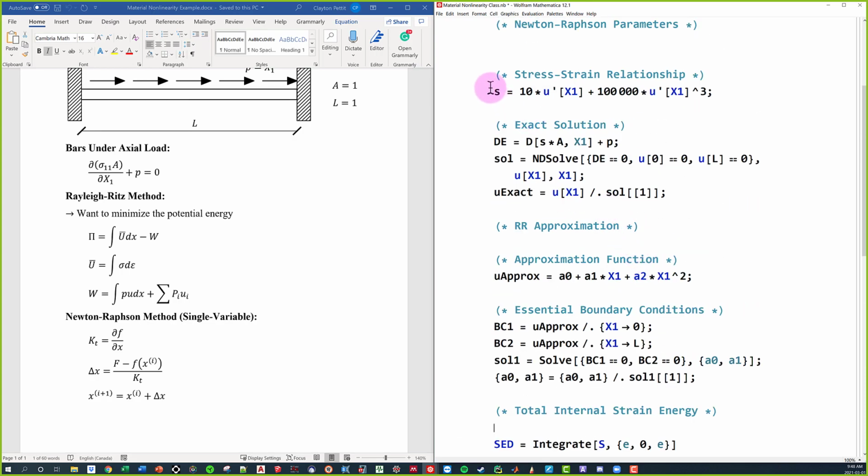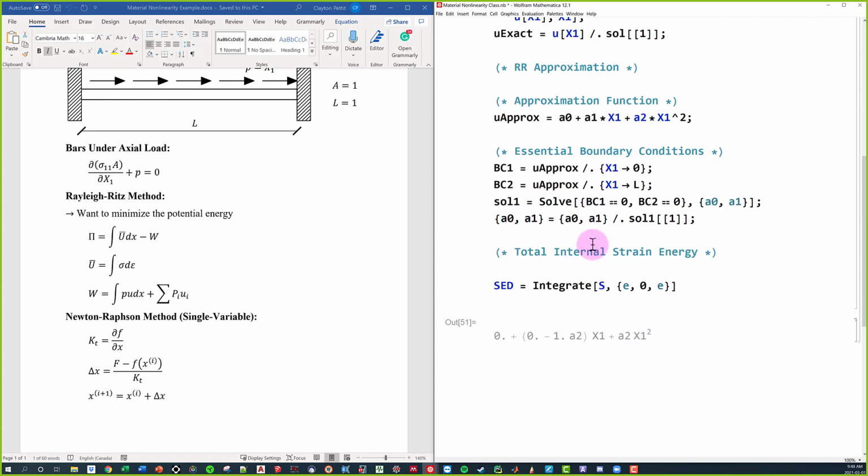Now, if we go back to our previous stress formula, we had it in terms of displacement. We didn't have it in terms of strain. So I'm going to copy this stress-strain relationship we had before, paste it back in here, and rewrite it in terms of strain. So rather than displacement, I'm going to replace it with E. That way when I integrate my stress function with respect to strain, because remember, we're integrating with respect to strain, our function is a function of strain, nice and easy. So if I run this now, as we can see, we now have our strain energy density.